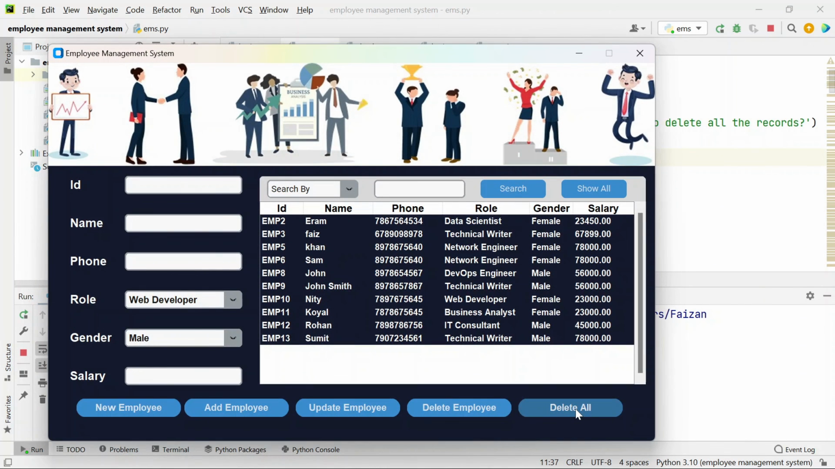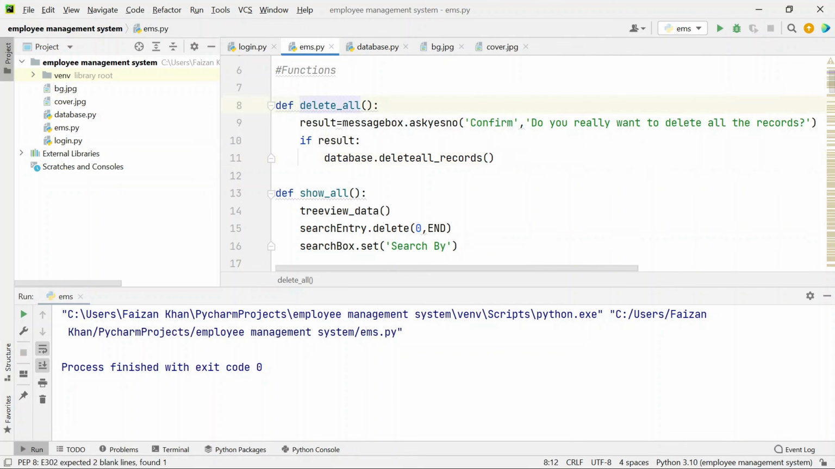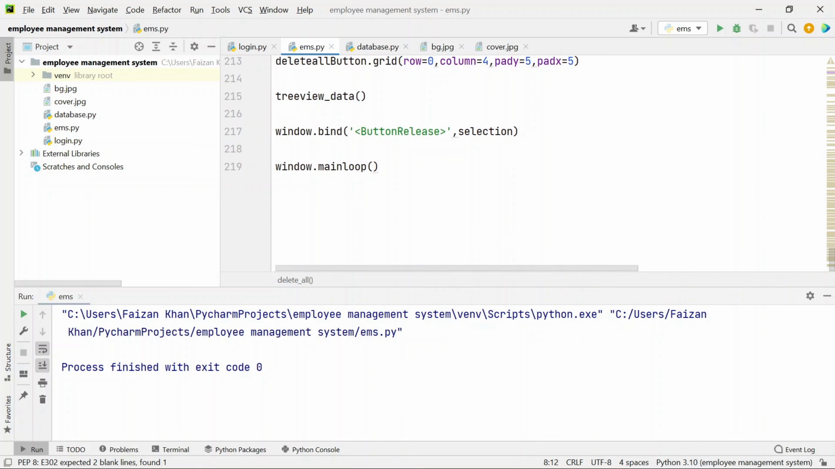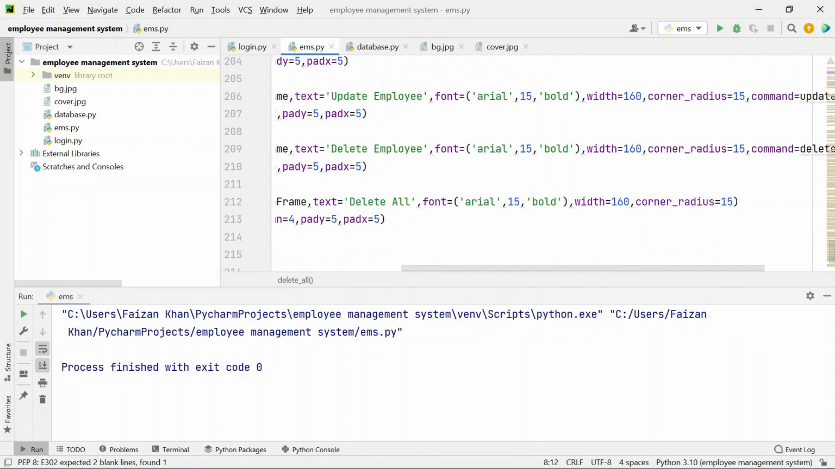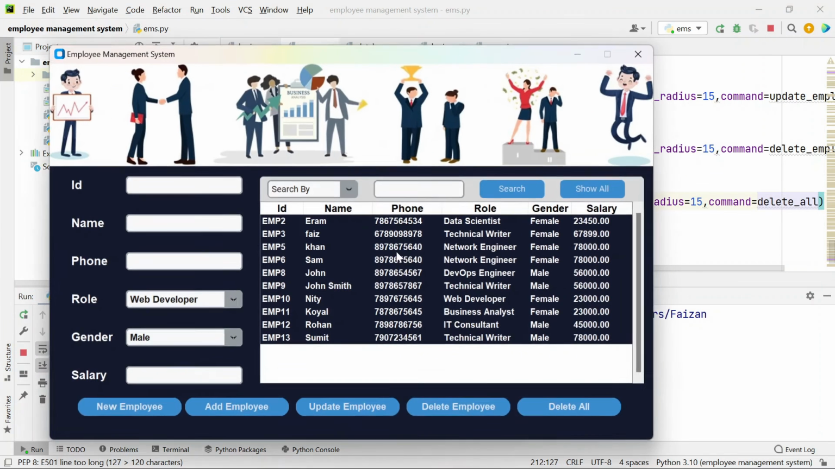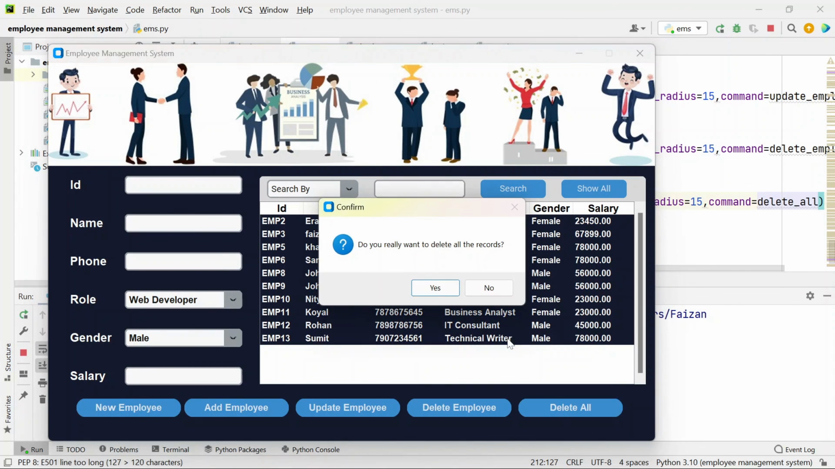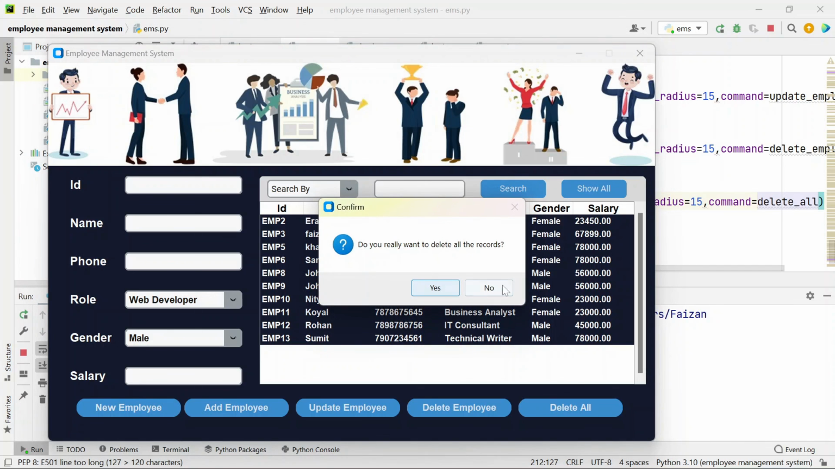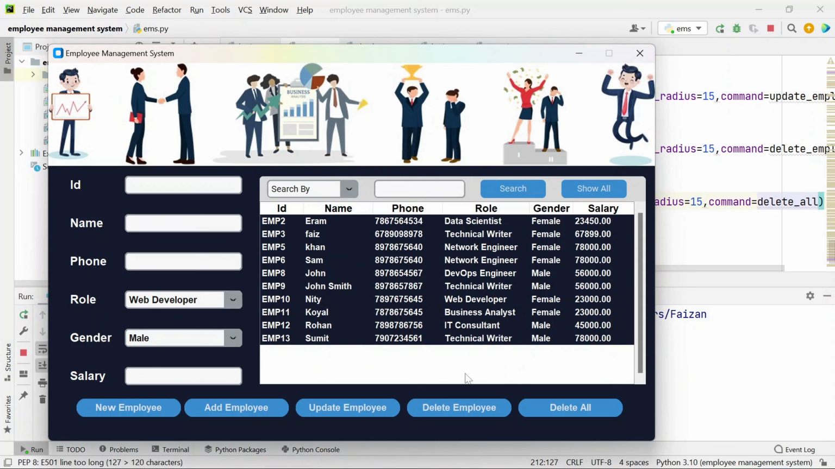Let's see. If I click on this delete all, nothing is happening because we forgot to pass the command. We'll go to the delete all button, and here we'll pass command equals to delete all, like this. Now if I click on this delete all, you can see we are seeing this ask yes no message box. It says do you want to delete all the records. If you say no, nothing will happen, but if you click yes, all the records will be deleted. For now I am not deleting all the records